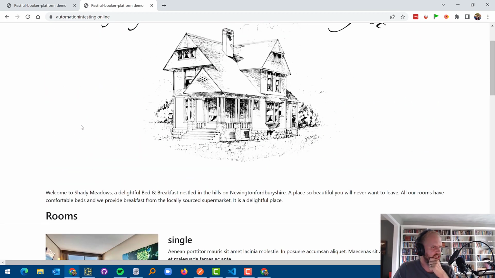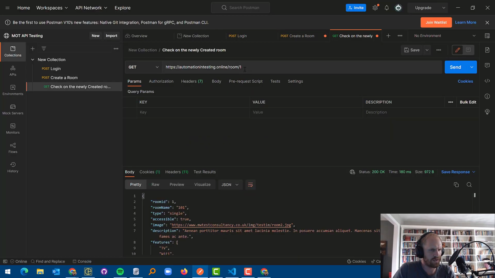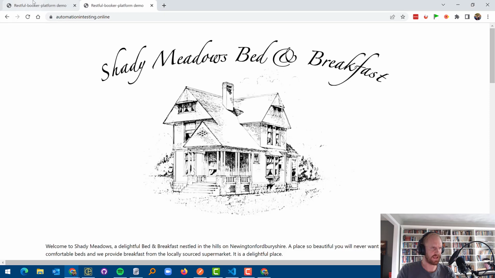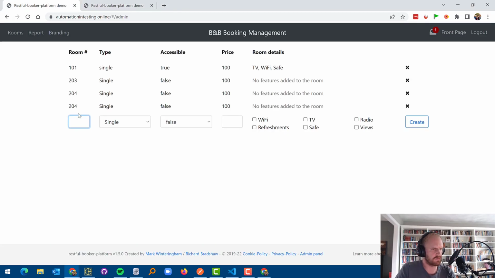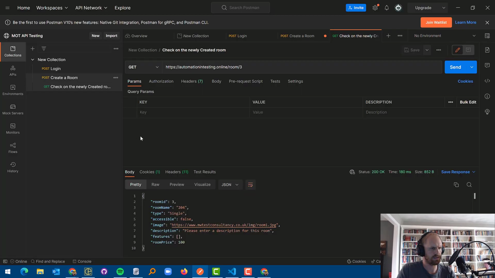So I seem to have discovered something interesting. Now, if I go here and I do room 3, send that. That worked. What if I add a room here? In 205, 100 price units, create, and now if I create another room in Postman,